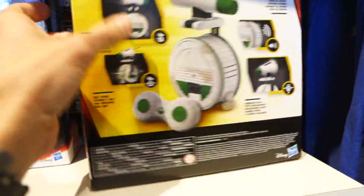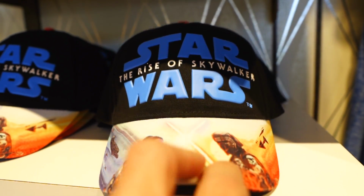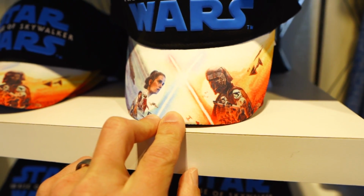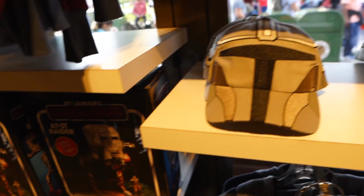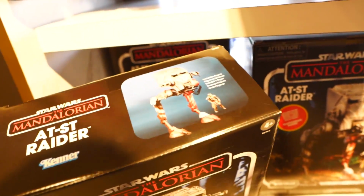How come I can't see a price on anything? Am I going crazy? Alright, well, I don't know how much this costs. For $27.99, Star Wars Rise of Skywalker hat with a full-out scene on the front of Rey and Kylo fighting. Okay, here we go. Here's some Mandalorian stuff. $29.99 for this Mandalorian hat. We've got a Mandalorian Kenner ATST for...